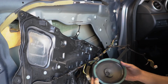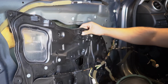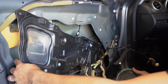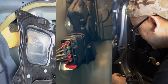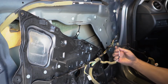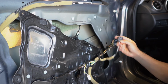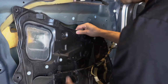Alright, so it looks like I had to take off the speaker in order for this to fall down. Now there's another electrical connection back here. So I'm gonna have to disconnect that as well. This is for the speaker right here. The speaker has that red connector plug. Once that's done,